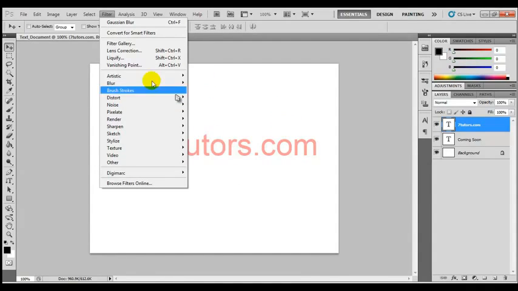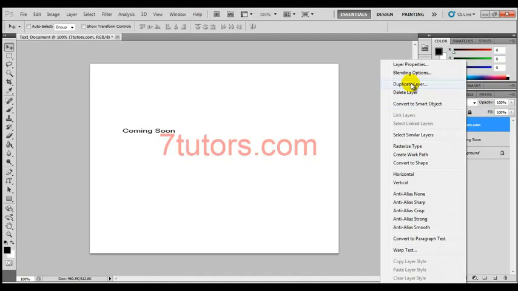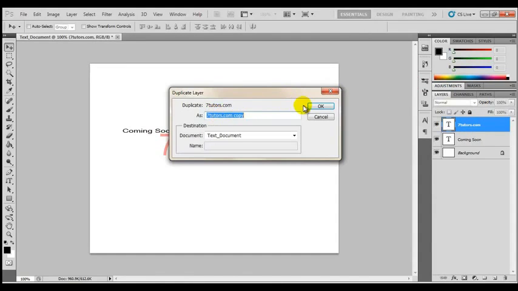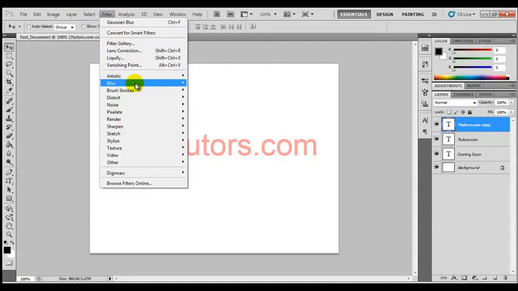Now before we apply an effect to this layer, we're going to duplicate this layer first. The reason why we do this is so that we can maintain the original layer just in case our effect doesn't go right. So we'll just call this okay, and then we're going to apply a blur effect to this layer. So we'll come up here to filter, and then we'll choose blur, and we'll choose Gaussian blur,